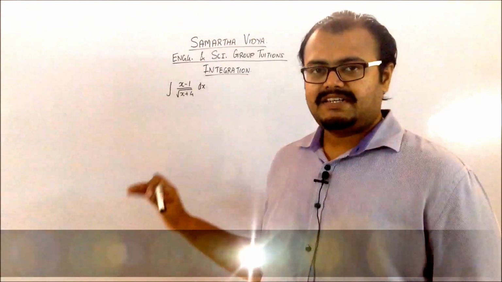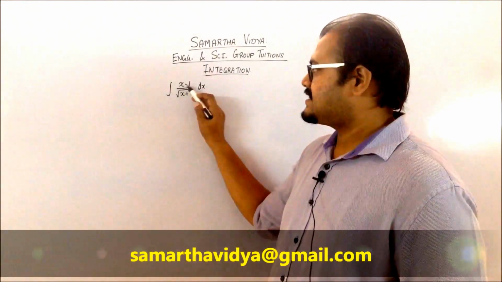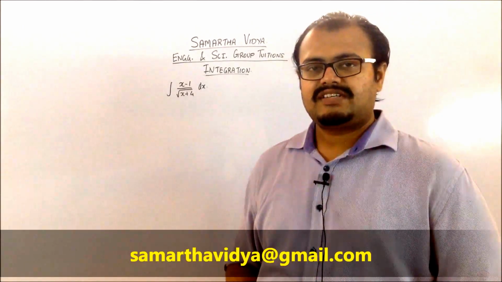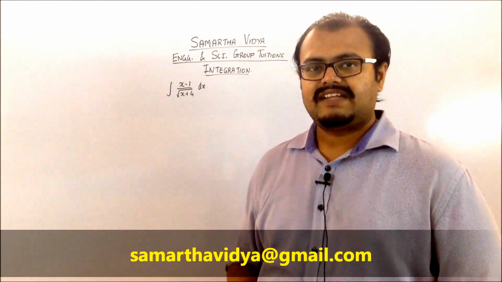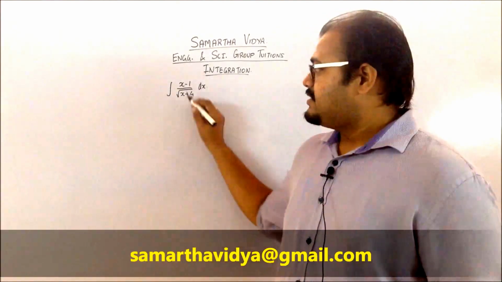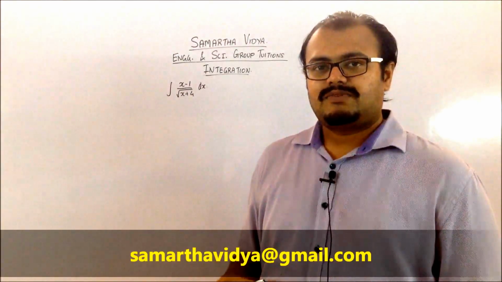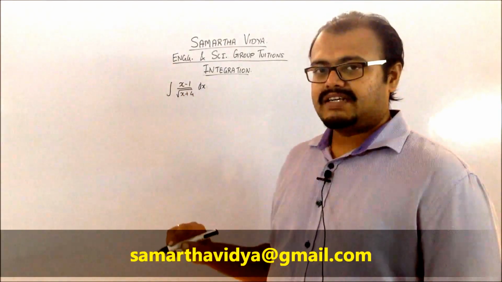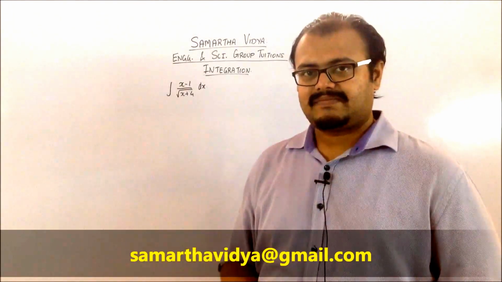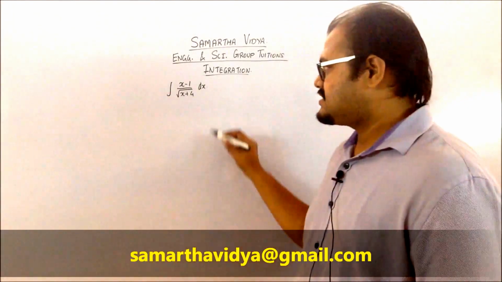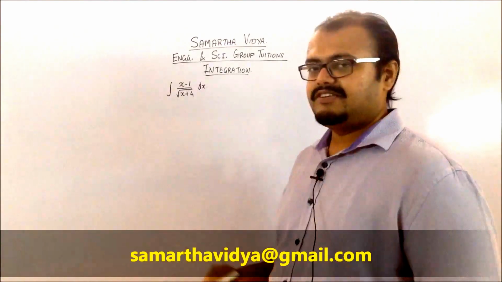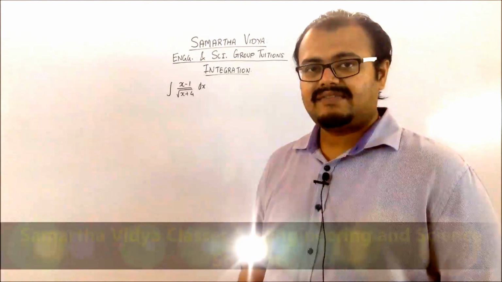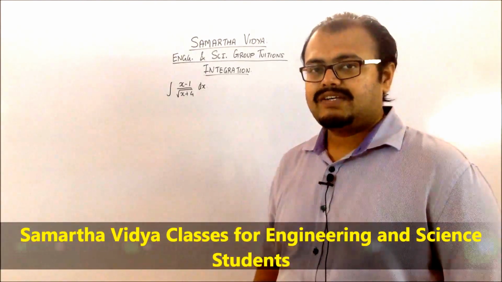Now let us analyze this particular problem. You can see that it is x minus 1 upon root of x plus 4. Whenever you are trying to solve this, keep in mind that direct integration of this is not possible. Since there is a root term in the denominator, there are two ways to solve this. The first way is to bring this term into the numerator, or you can go by the substitution method. Since we are dealing with the substitution method, let's see how it is done.